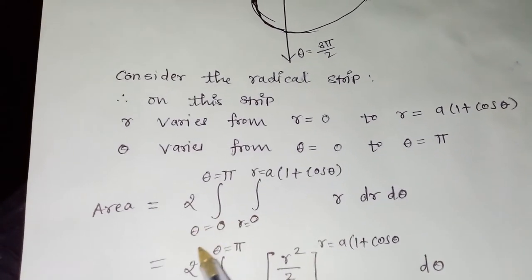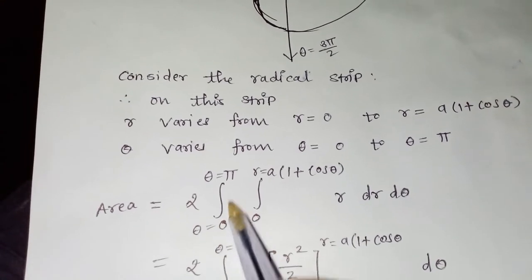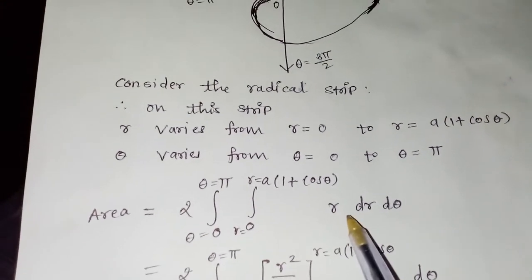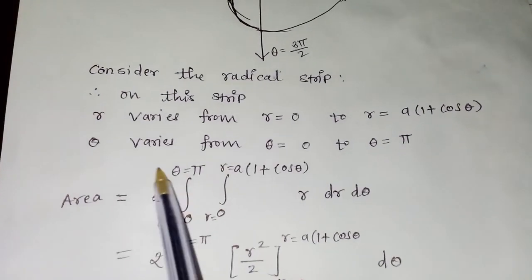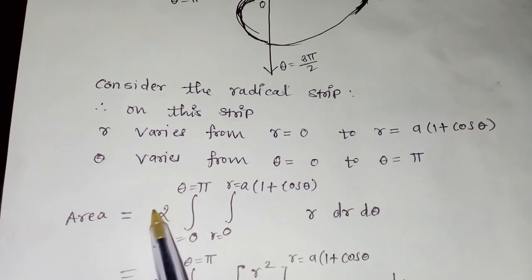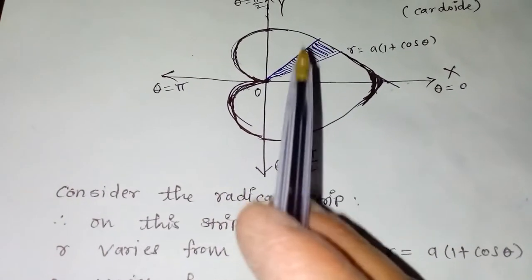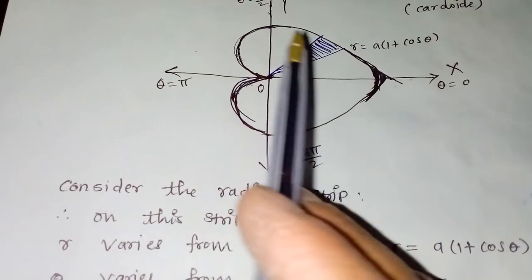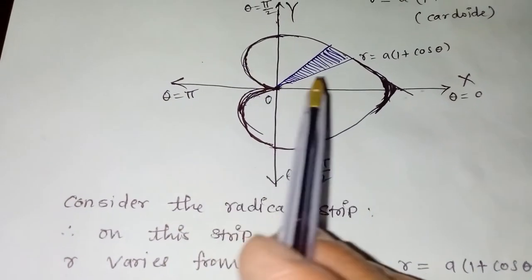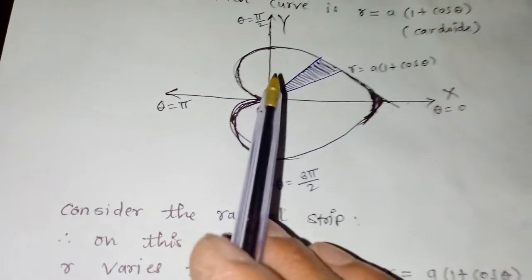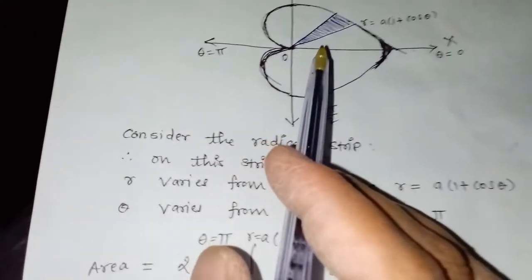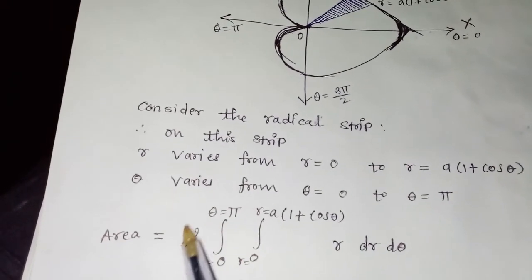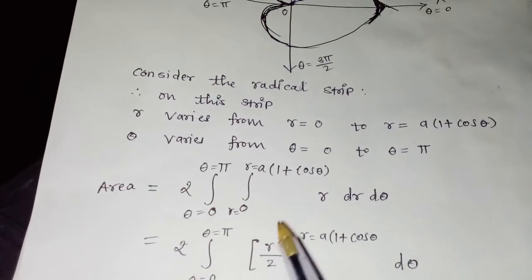So this outside integral is from theta equals 0 to theta equals pi, into r dr d theta, as it is according to our formula. Now these limits I have taken only because we are considering only one region, but we have to find the area of the whole region. So I have found this limit in only the first upper side region, and I am taking it twice, so we will get the area of the whole region, and that is why we are taking this two.